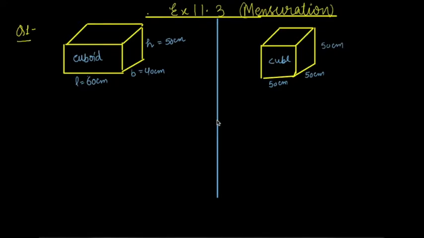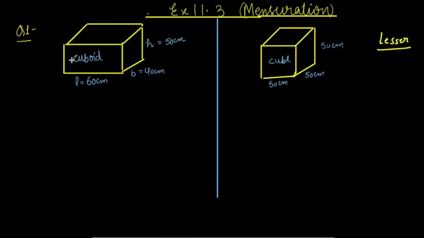In my previous video, I explained the formulas of cube and cuboid, which are going to be very helpful in the solution of exercise 11.3. So to begin with question number 1, you can see on the screen there are two cuboidal blocks. The first shape is a cuboid and the second, given in your textbook, is a cube. Which box requires the lesser amount of material to make? It means you have to tell which box will require the lesser amount of material to build a cuboid and a cube of the given dimensions.